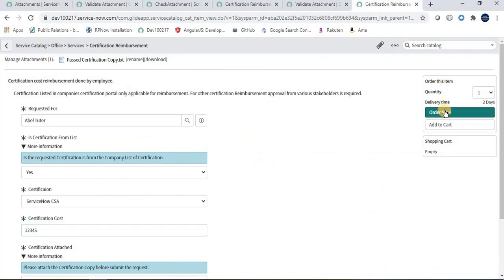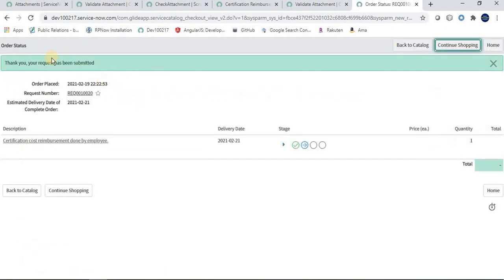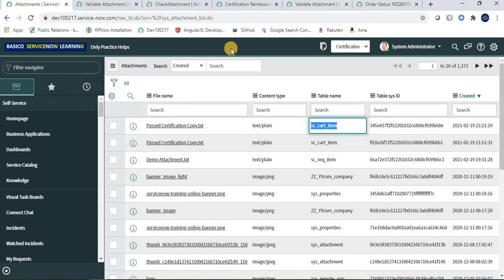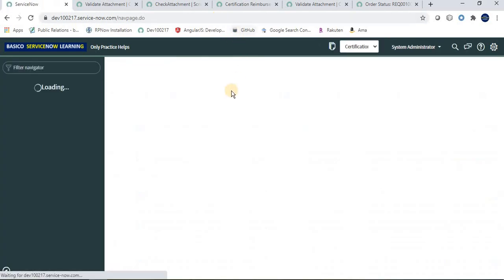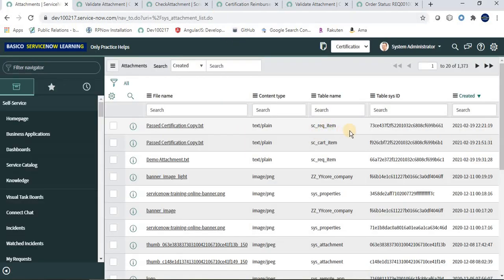Once we order now, after attaching the certification, and it gets submitted, then refresh again, the table changes to sc_req_item.